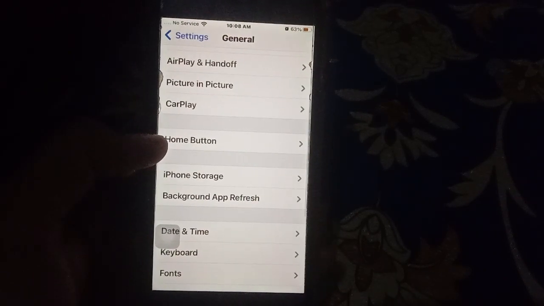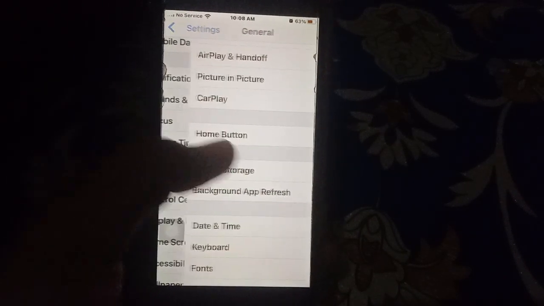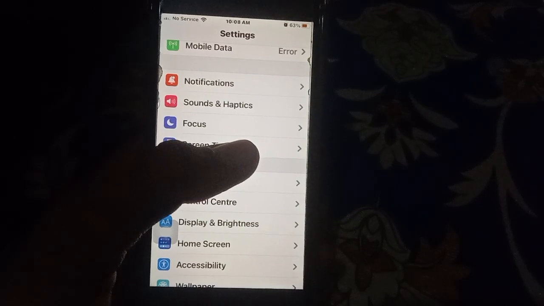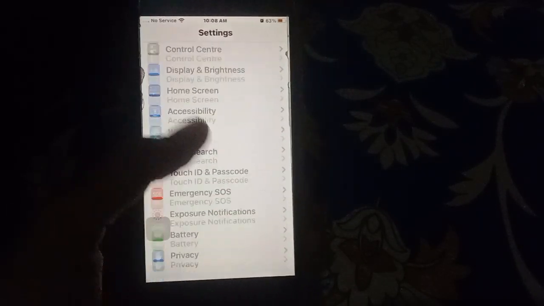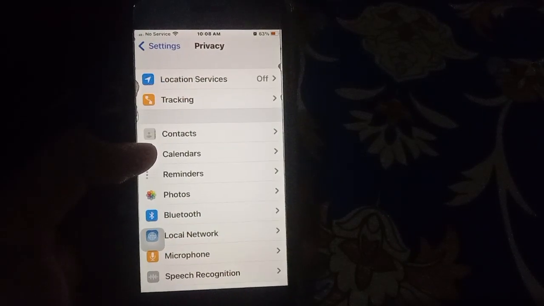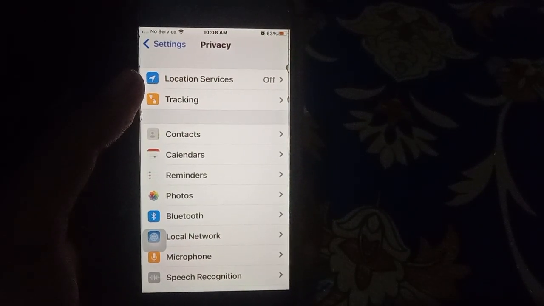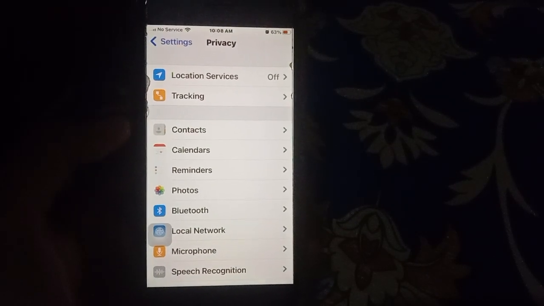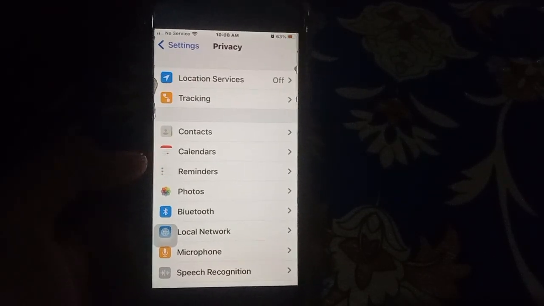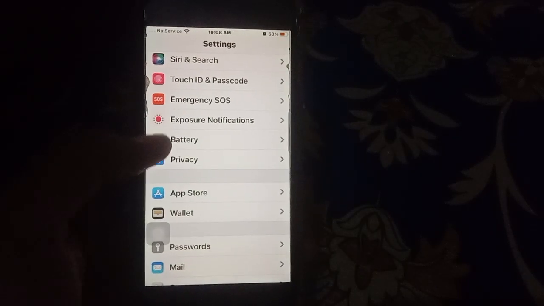Then the third solution is to turn off location service. Open Settings again and click on Privacy. Click on Location Services. I have already turned it off, and you must turn off location services. If the third solution is not working,